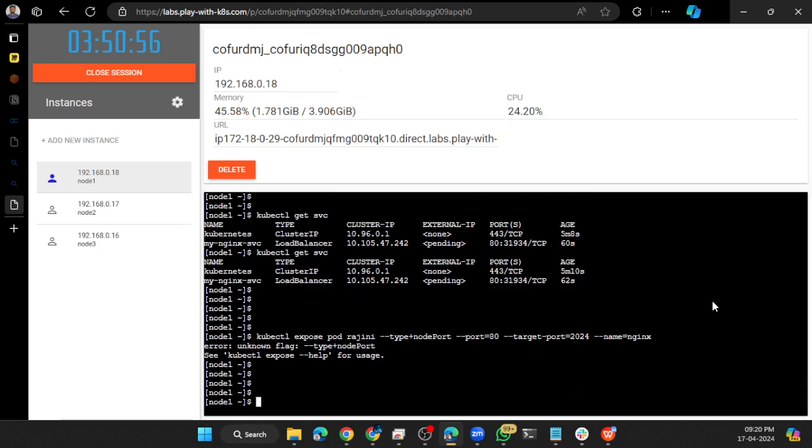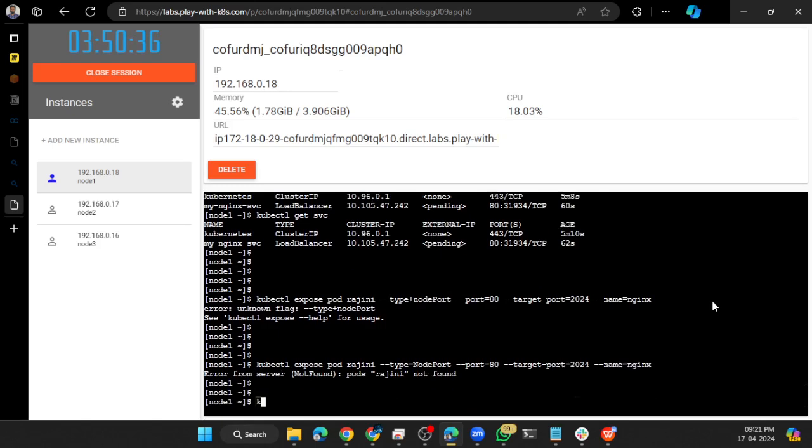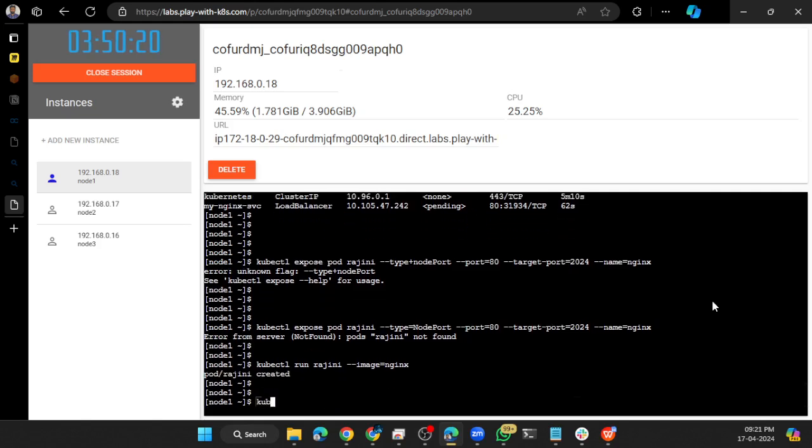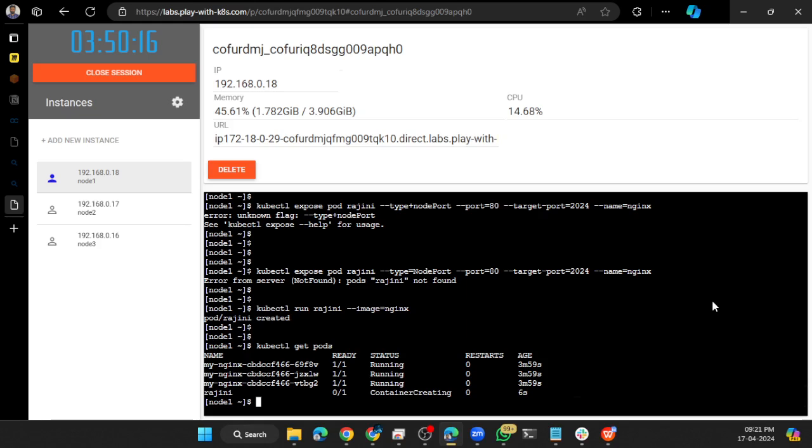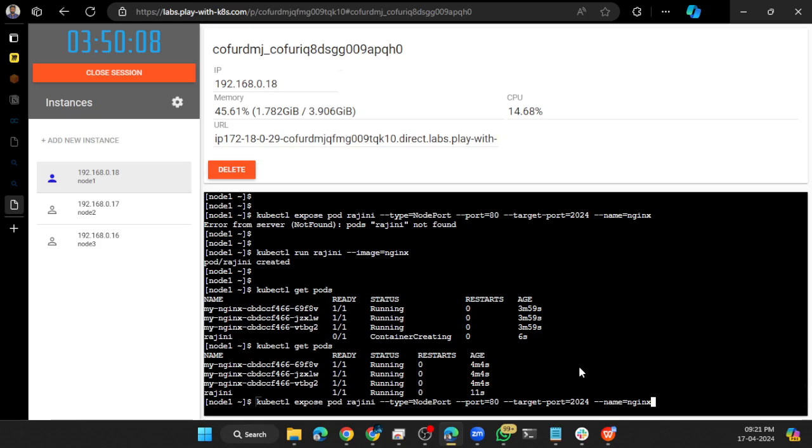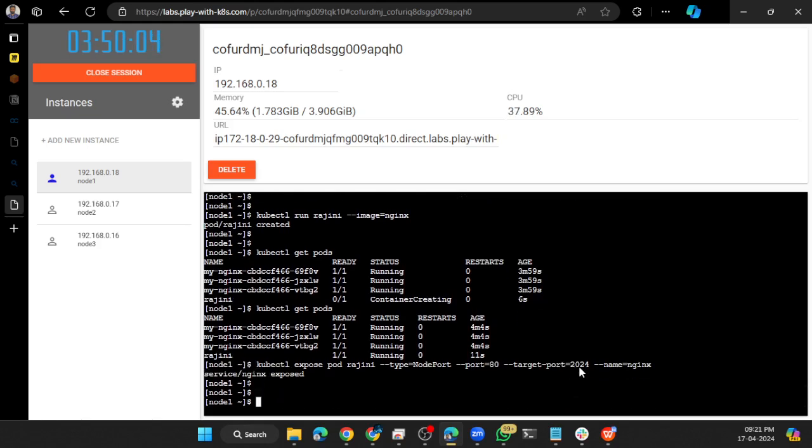But I didn't create a pod. Again, type is equal to NodePort with capital N. Rajini. Not found. So kubectl run Rajini, the pod name, hyphen image is equal to nginx. Pod is created. kubectl get pods. I have the Rajini pod, container is creating, it's up and ready. Now I'll expose this. Yes, it is exposed. If I see kubectl get svc,